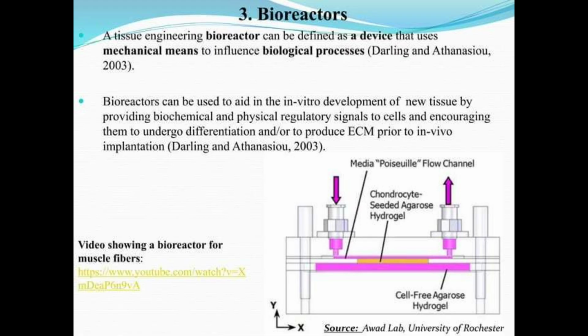Bioreactors. Tissue engineering bioreactors are defined as devices that use mechanical means to influence biological processes. Bioreactors are nothing but vessels in which the cells are grown and then converted into hydrogel for the formation of the bioink or extrusion material we discussed. So bioreactors can be